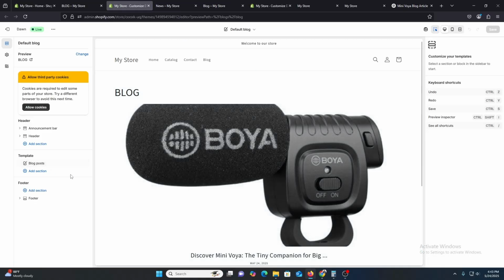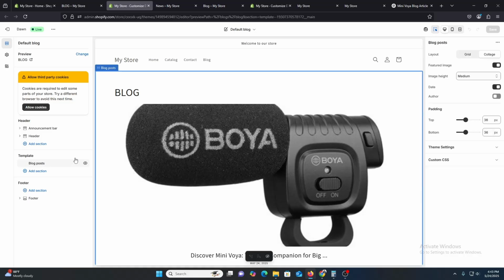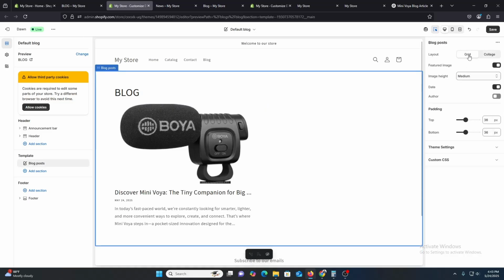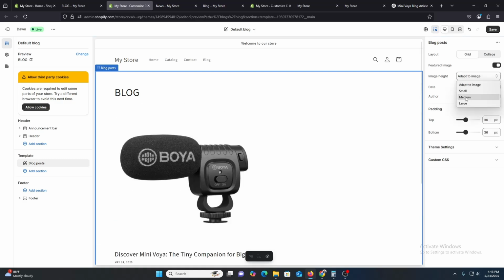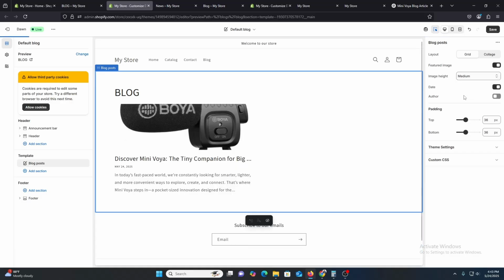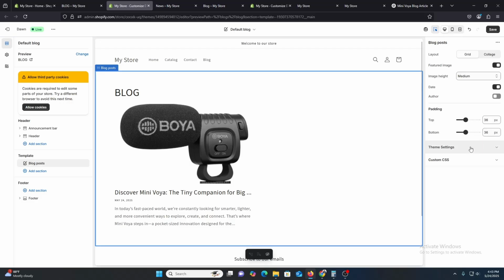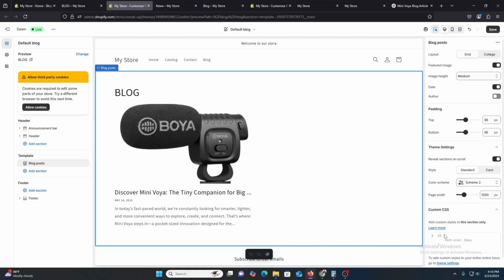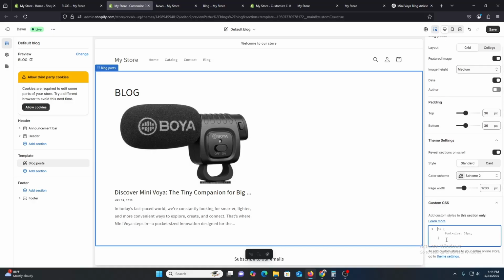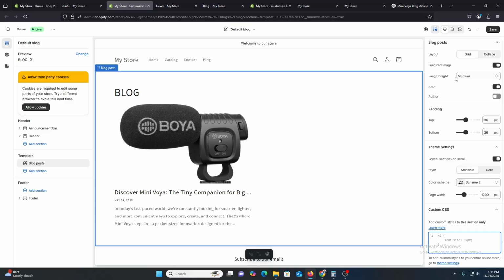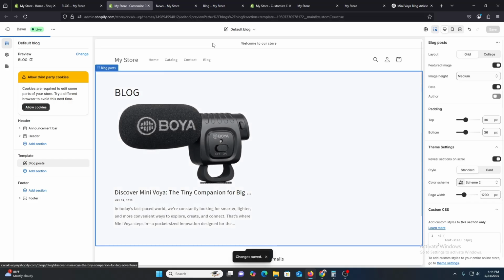So if you want to customize it, you are allowed to do it. So now you can see this is our blog post. If you want to add anything, you are allowed to do it. You can change it to a grid, it looks nice. You can change the height, adapt to image, or you can make it simple, whatever you want. Then you can give a padding bottom or up, and you can change the theme setting also, or you can add custom CSS over that place. It's totally up to you how you want the design. I just gave you the essential steps, and once you save it,